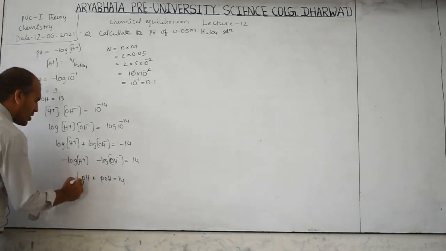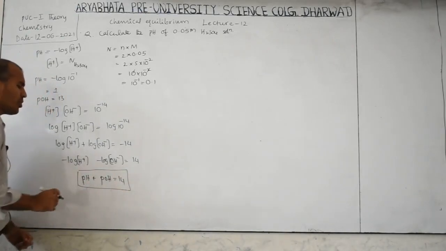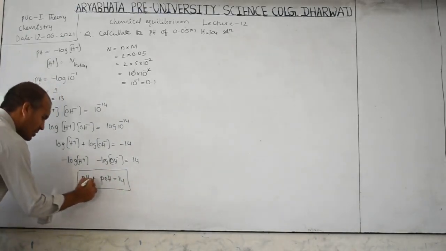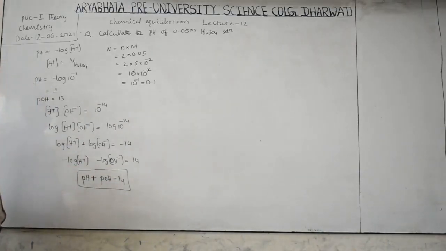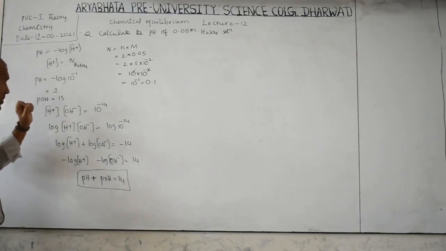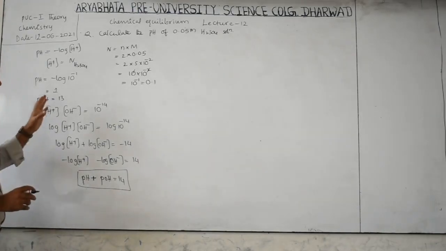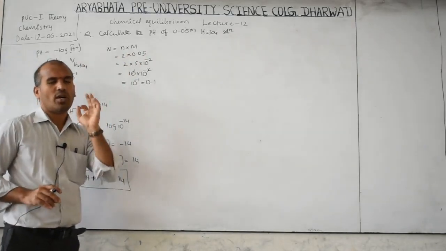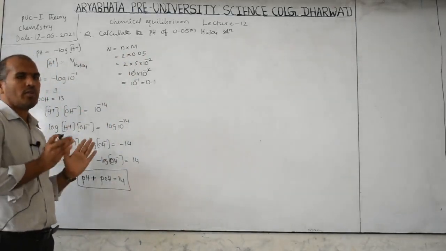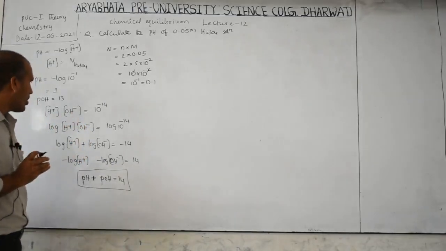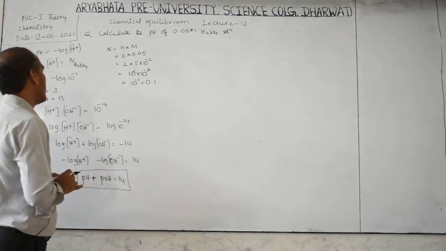So directly we can calculate like this also. You have to remember pH plus pOH is equal to 14. This is a very important formula. You have to remember this. And next, students generally get confused when a question like this is given. So always keep in mind, when molarity is given you have to convert into normality. This is the most important term when you calculate this.